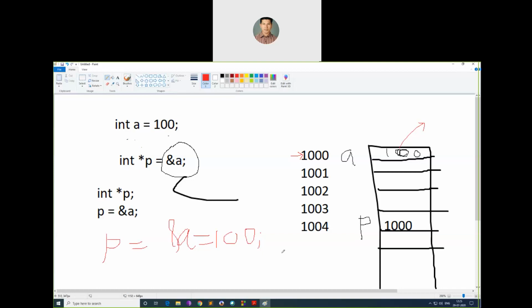Understood? So this is the dereference variable. Whenever we dereference a pointer variable, the value stored inside it is considered as the address of another variable, the memory location where the content is present, which here is a.